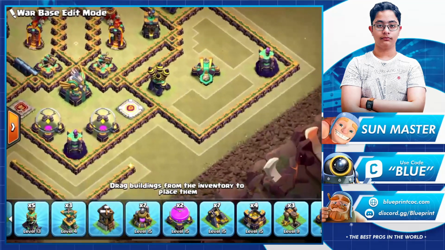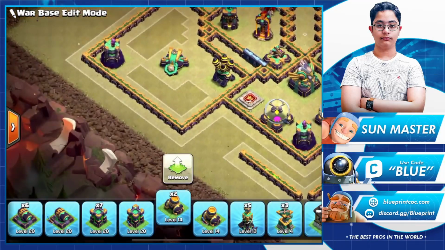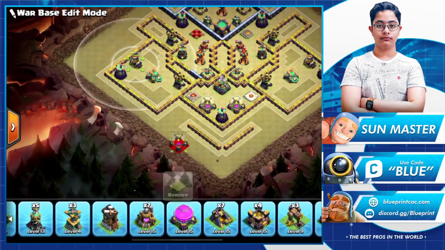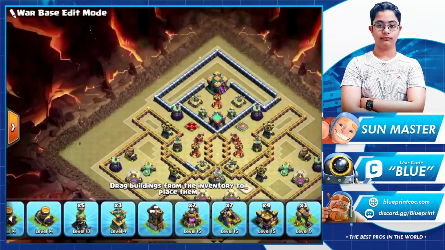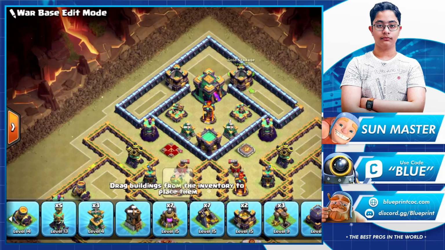Recently, I've also been putting a mortar around here because of the flame flinger, so the flame flinger doesn't snag up too much value. Other than that, I also try to have at least one storage per major defense compartment, important ones like the town hall and